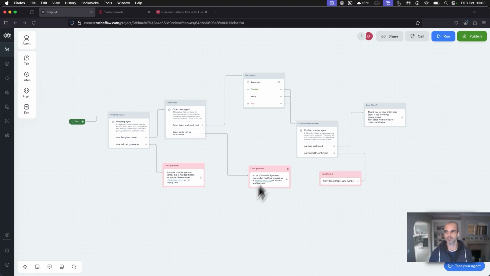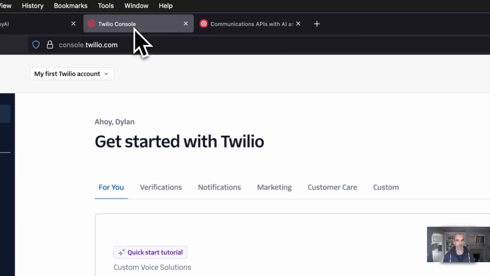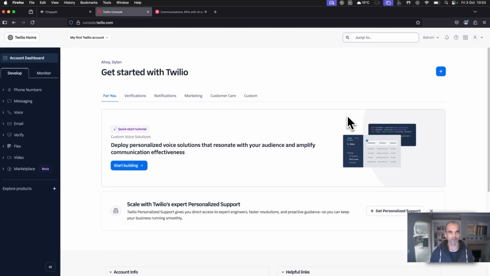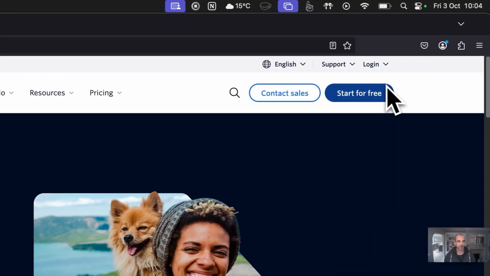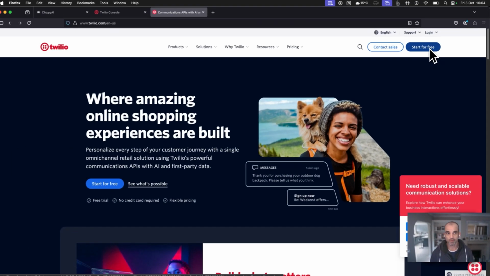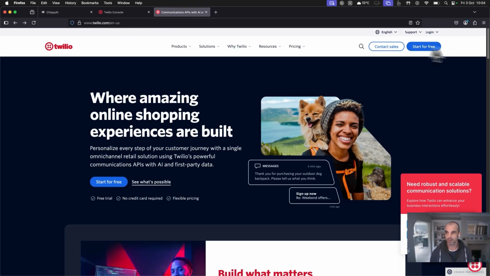So in order to give our bot a telephone number, we need to leverage a service called Twilio. Twilio is one of 2 platforms that Voiceflow supports. The other one is something starting with V, which I can't remember. We'll see it in a moment. Twilio is what I use, and it seems to work perfectly well. So if you don't have a Twilio account already, feel free to head over to twilio.com